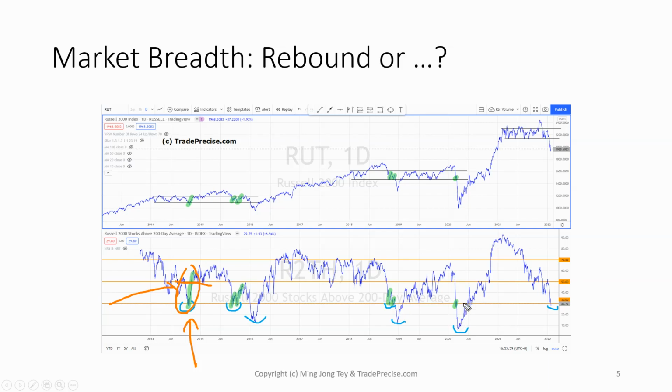And the 2020 COVID sell-off will also be discounted for the comparison because this is quite a rare event and we can't really use it. So that actually leaves us with the Christmas sell-off in 2018 and also 2015 as well. We'll be using these two as analogs for comparison and analysis of the current markets. So you can see that right now,